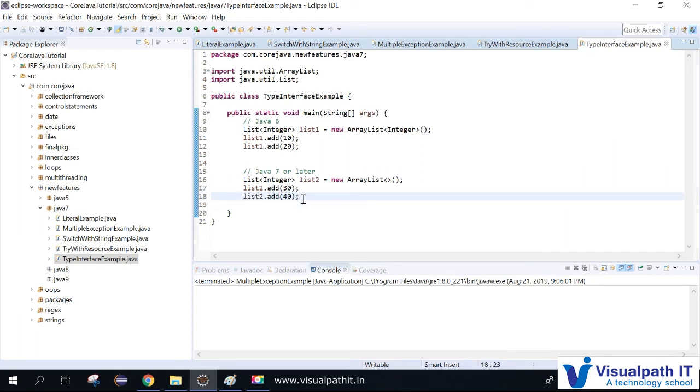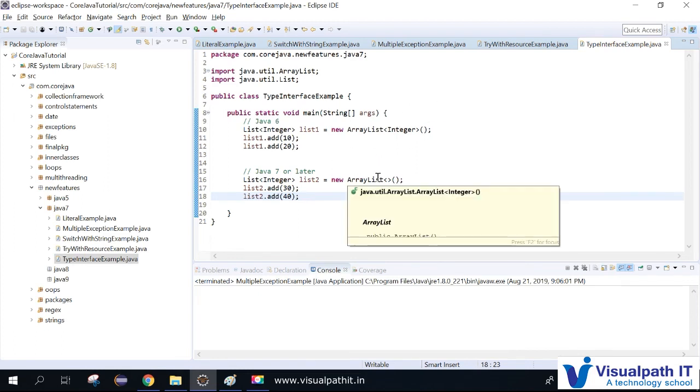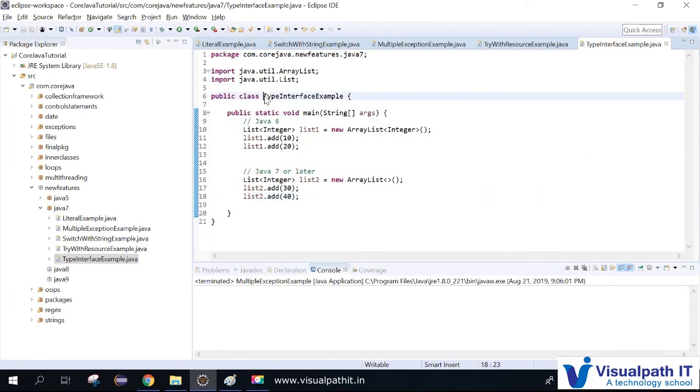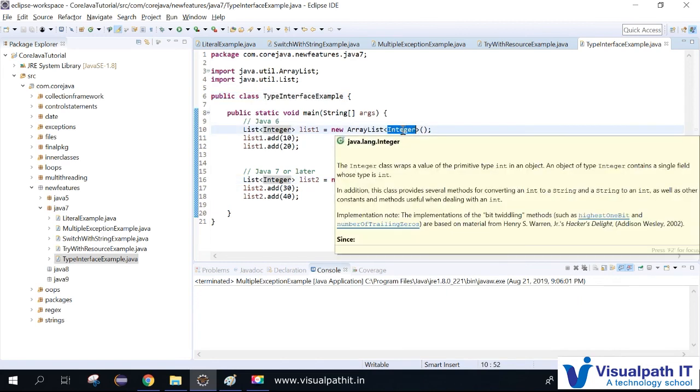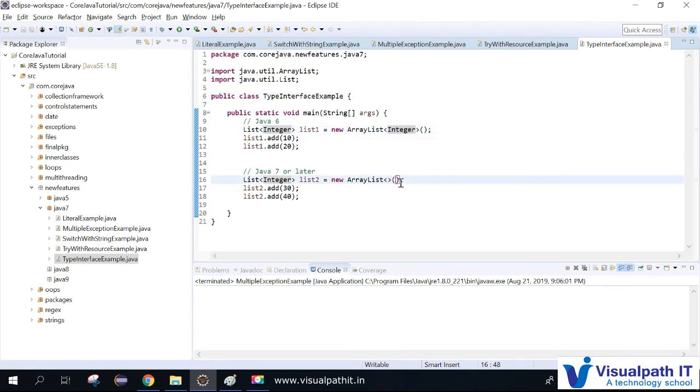Make sure, guys, you should remember the keyword. It's not much difficult to remember these things, but make sure you remember the keywords: type inference, and what type inference is. So you don't need to mention the specific type while you're assigning any object to a reference variable. In the reference variable you have to declare it, and here you don't need to declare. That will actually compile automatically and take the types of values. But before Java 7 you should mention it. So that is about type inference.